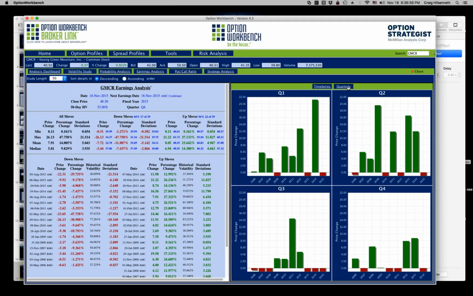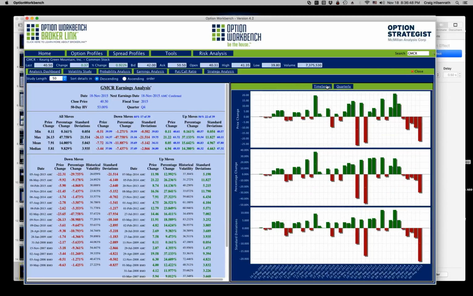Let's see if the quarterly looks any better on here. No. Yeah, I'm not sure what's wrong with that. I'll pick another one so you can see a better quarterly announcement. But let's go back to time series. So I can see here that I used the 20-day volatility, and the number of standard deviations I picked was 6.1.